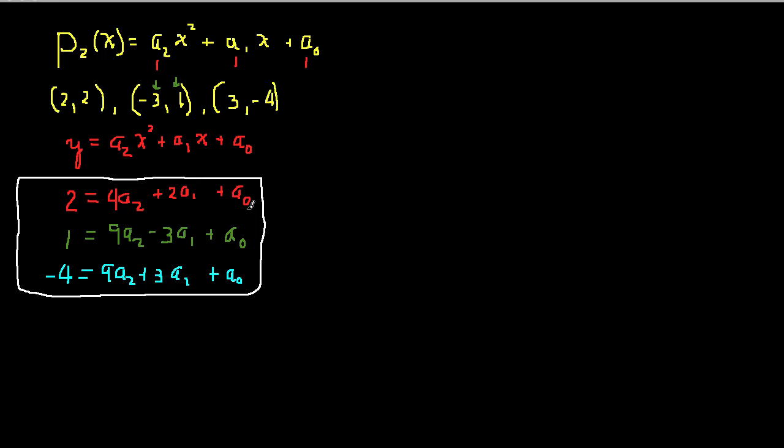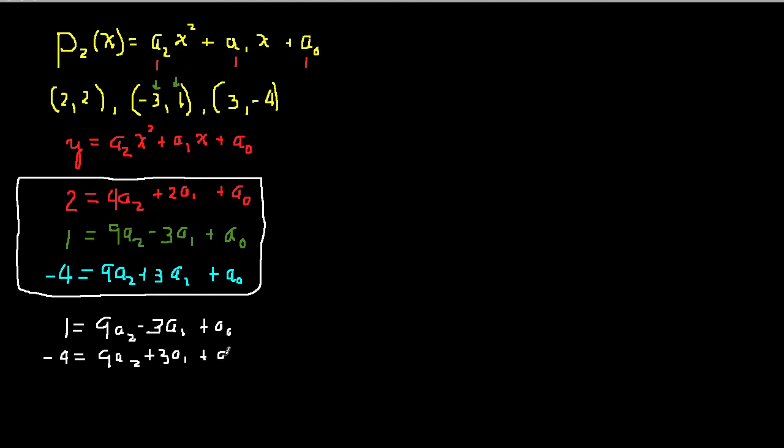So the first thing I might do here is to, let's say, subtract the blue equation from the green equation. So let me write that down right here. The green equation is 1 equals 9a2 minus 3a1 plus a0. The blue equation is negative 4 equal to 9a2 plus 3a1